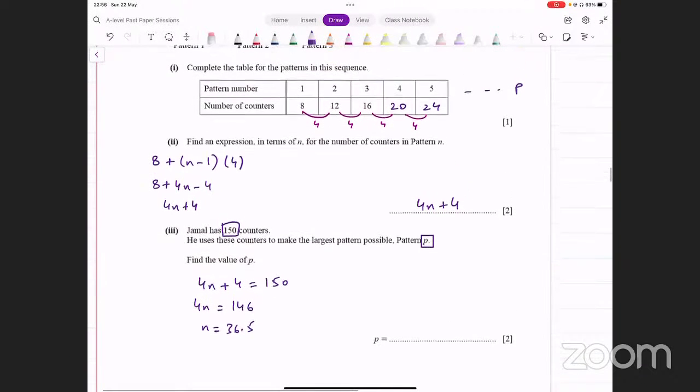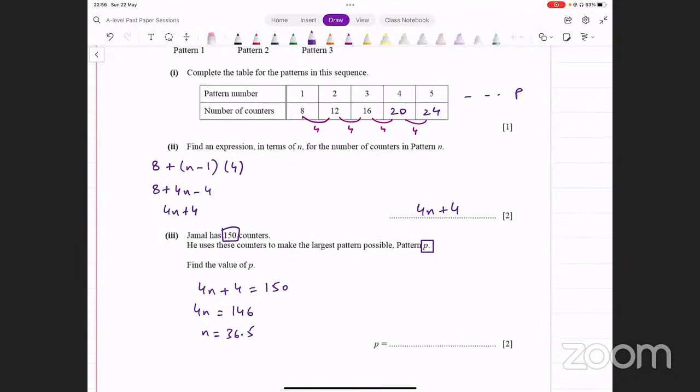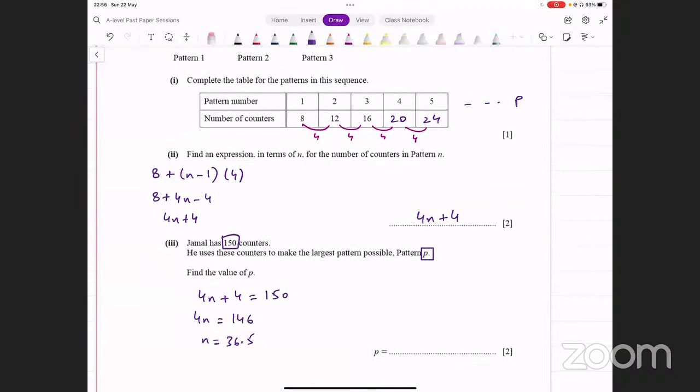Okay, अब 36.5 पैटर्न तो कोई नहीं हो सकता ना, कोई डेसिमल्स में तो पैटर्न आ नहीं सकता. अब मसला क्या हो रहा है? 150 जो है, it's not actually going to be anywhere in this pattern. इस पैटर्न के अंदर 150 नंबर जो है वो आ नहीं रहा, क्योंकि 150 4 का मल्टीपल नहीं है. तो इस पैटर्न में देखें सारे 4 के मल्टीपल्स हैं. तो एक नंबर आपका होगा 148, फिर नेक्स्ट नंबर होगा 152. तो आपके पास 150 काउंटर्स हैं टोटल. तो 152 तो आप कर नहीं सकते. तो बेसिकली